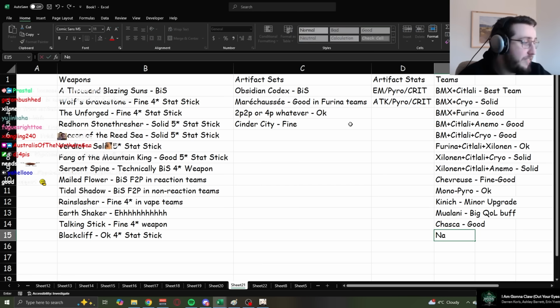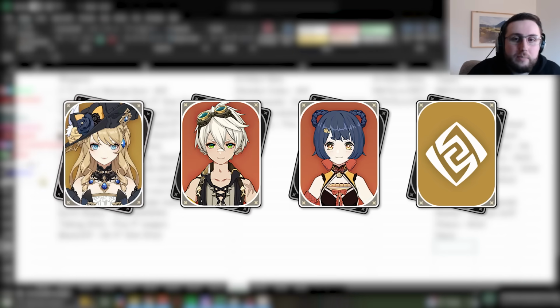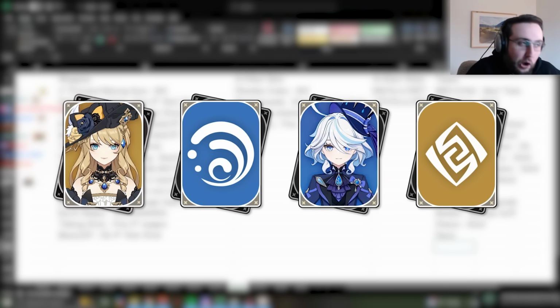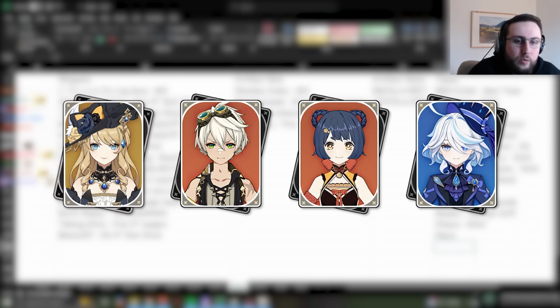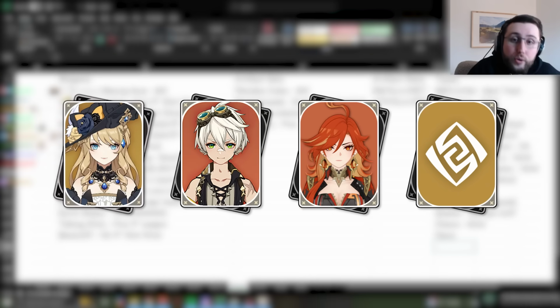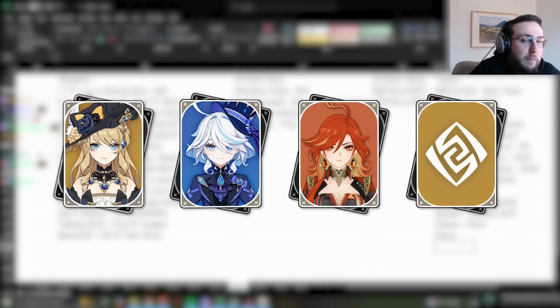Next up, Navia. Currently, Navia teams tend to be split between double Pyro, Bennett Farina, and double Hydro. Technically, there's also double Pyro with Farina, with solo Geo Navia. That is also good, but it tends to be a bit less popular because people like seeing big numbers on Navia herself, and not having Geo Resonance makes that worse. With Mavuika's release, she will be a viable alternative in the double Pyro, but she will also enable Mavuika Farina